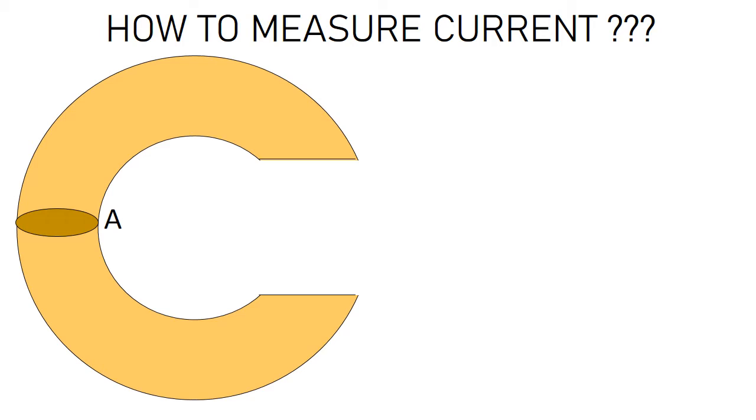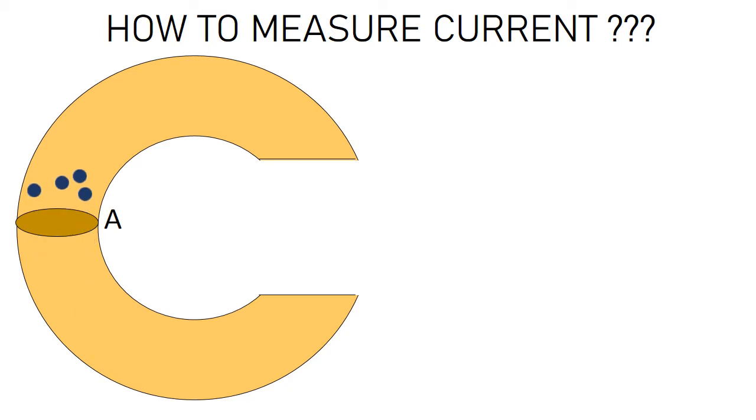So it is a flow of electrons that constitute current. For measuring current, we'll see the quantity of charge flowing across a cross section. Here in this picture, the wire is in the form of C. At the point A, you can see a dark circular patch which represents the area of cross section of that wire. We are going to see the flow of electrons through that.